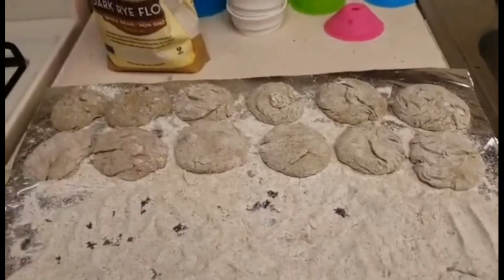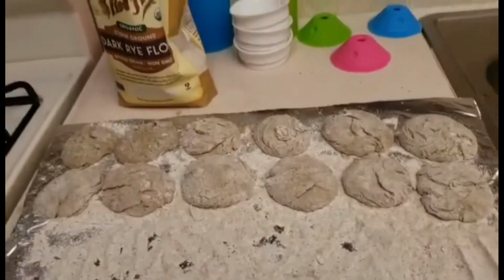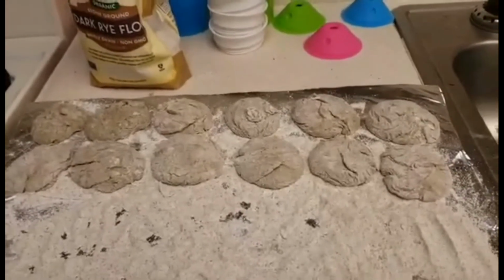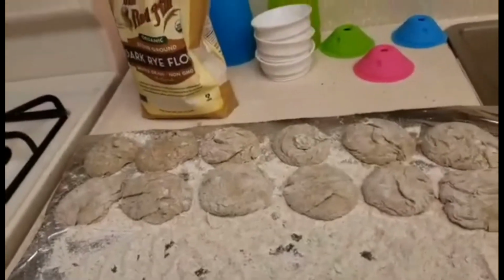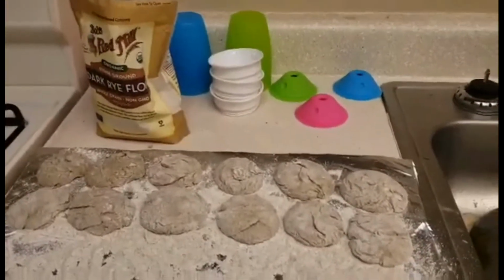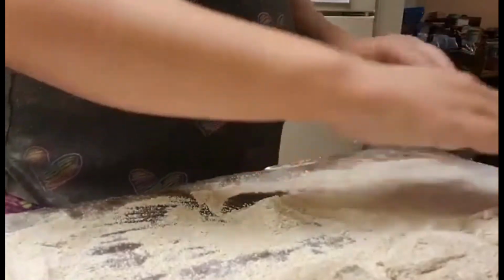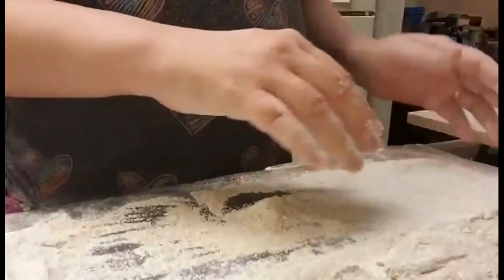In a moment, I'm going to flatten them and do what I need to do to stick them into the oven. And I did double check. I did end up recording everything that I thought I recorded, so I did not lose anything. So I am happy. So let's go ahead and go to the next step and get these things flat and put in the oven. Okay, not sure if you can see it really well, but I have one that I've flattened out right here. And I'm going to attempt to pick it up and put it on this tray,